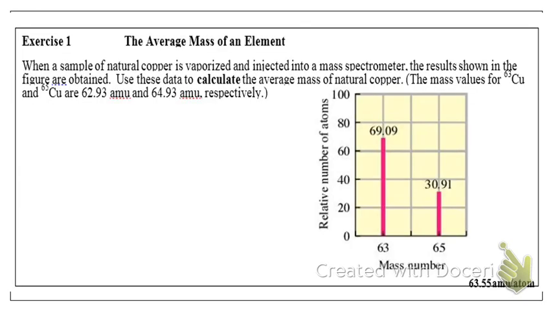Okay, pictures are back. So in this particular case, we have a sample of copper vaporized, and it's injected into the mass spectrometer, and then here's the results. We're going to use this data to calculate the average mass of naturally occurring copper. It gives us our mass values in the problem. For copper-63, we're going to use 62.93. For copper-65, we're going to use 64.93. And then it's giving us the relative number of atoms. So we're assuming that this is 100, so this could be 69%, right? And 30.90%. So because we have a percentage, to get the average atomic mass,